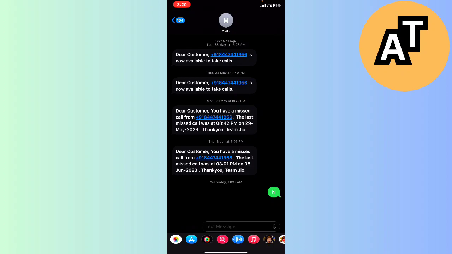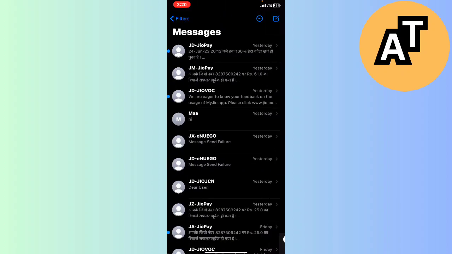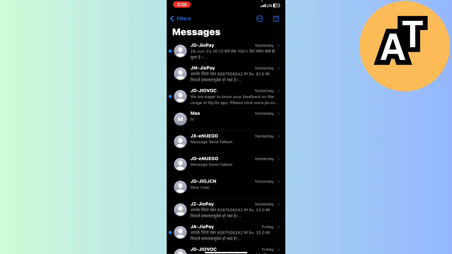The message will be delivered to their own default mobile messaging application, which does not support an internet connection, or the delivered or seen type of things. So this is what we need to understand: the color will only change when you are talking with an iPhone, or when you are sending a message to a person who has an iPhone,